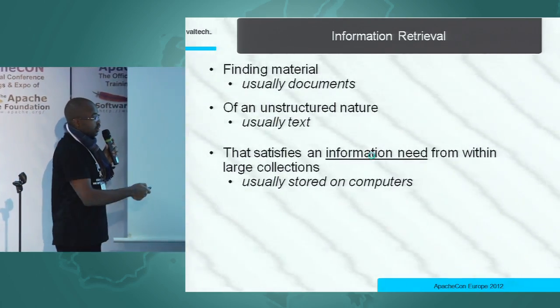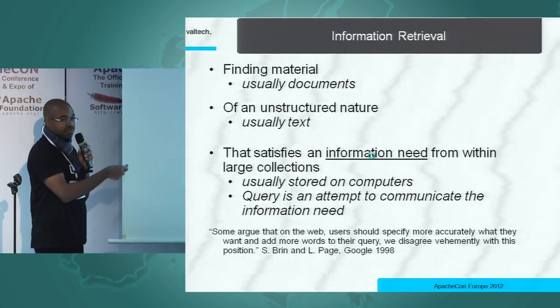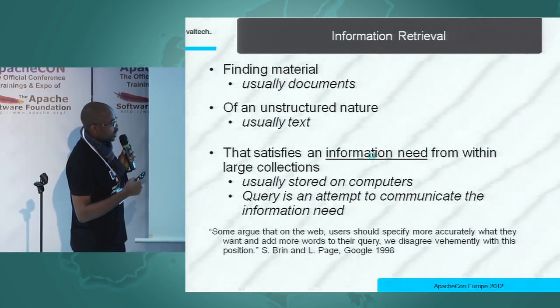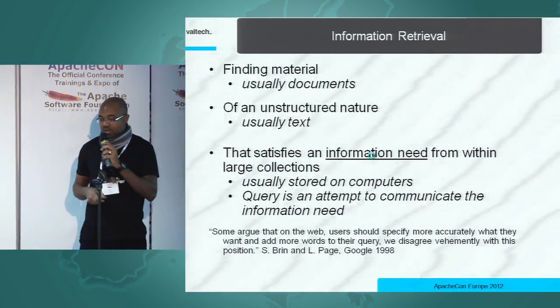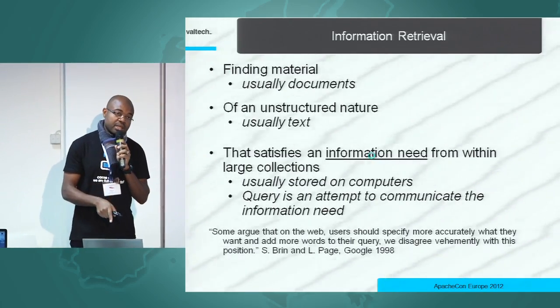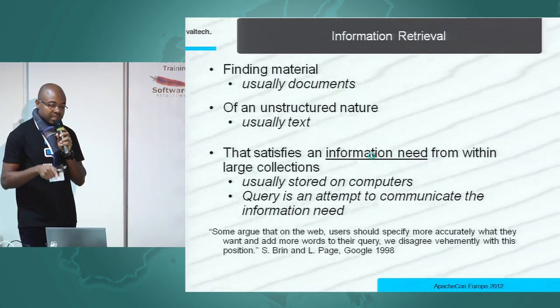And one text I like to remember is this from Brin and Page. They say some argue that on the web, users should specify more accurately what they want and add more words to their query. And they disagree vehemently with this. And this was in 1998 at the origin of Google when they built their web search system. This is to say that